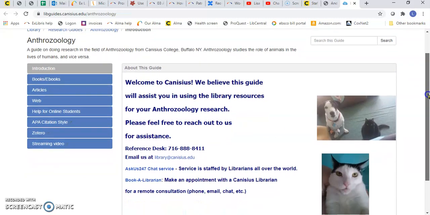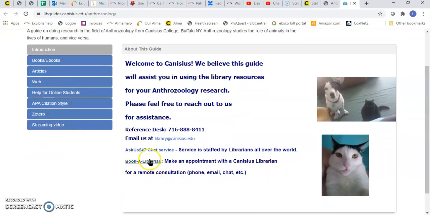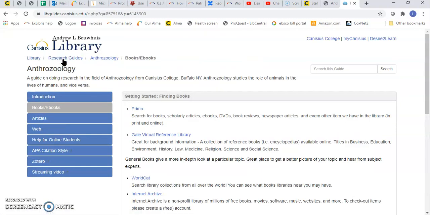It gives a phone number and how to contact us through email. There is a chat service available. It is staffed throughout the world, so you usually will not get Canisius librarians, or you could book time with one of the librarians. But here there are different links to the different books we have, how to find them, some of the different